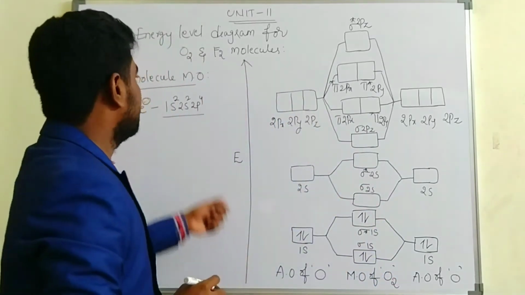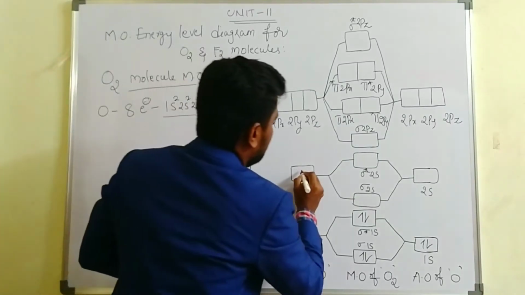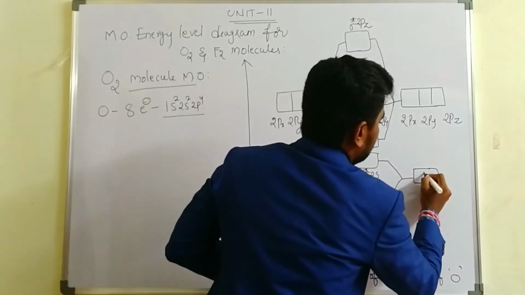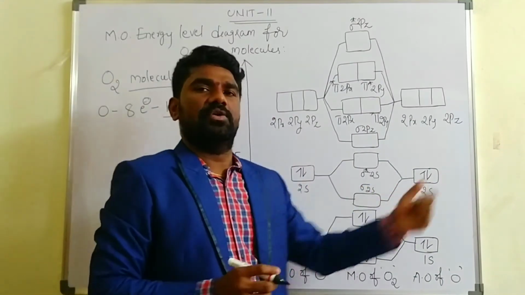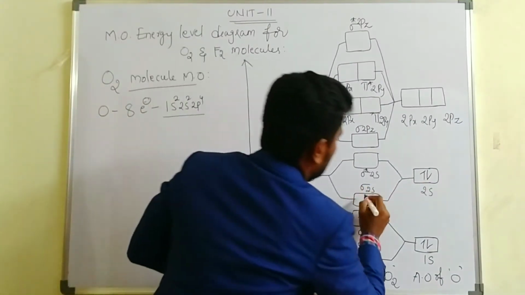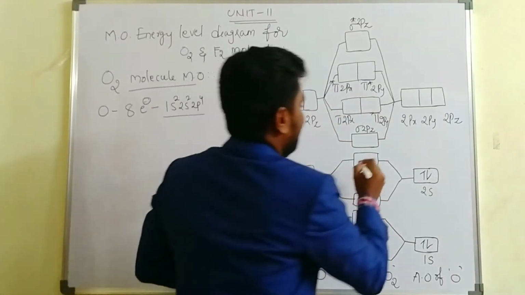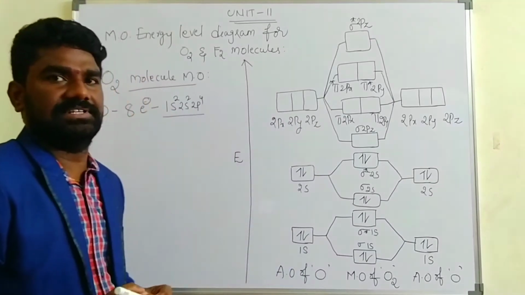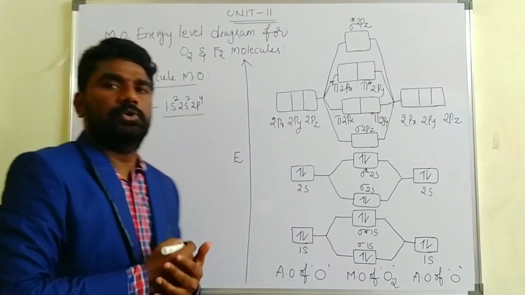The 1s2 has finished. Next we have the 2s2. The 2s orbitals also have 2 electrons from each oxygen atom. Again we have a total of 4 electrons. So 2 go in the bonding molecular orbital and 2 in the anti-bonding molecular orbital, isn't it? Yeah, we have finished 1s2, 2s2, and the remaining is 2p4.